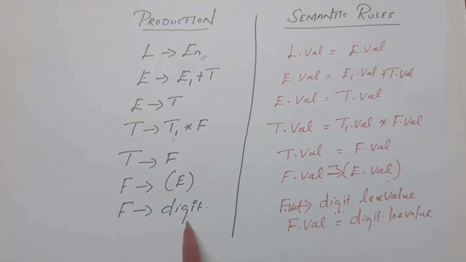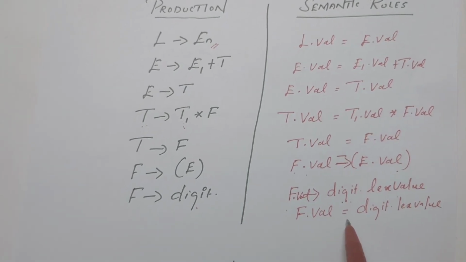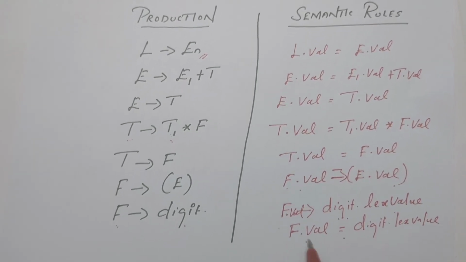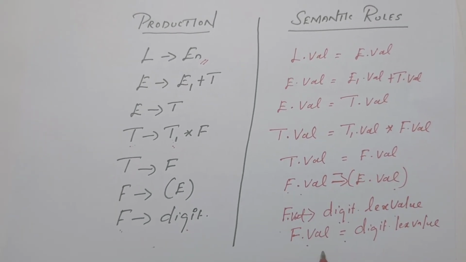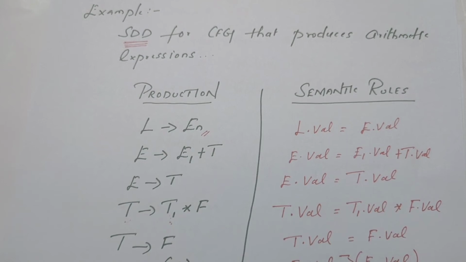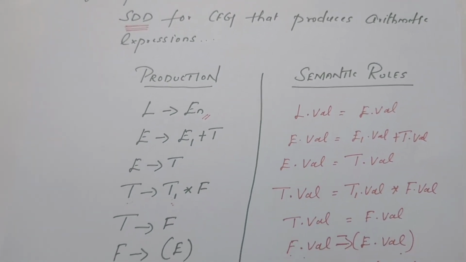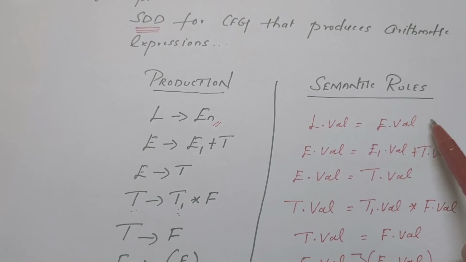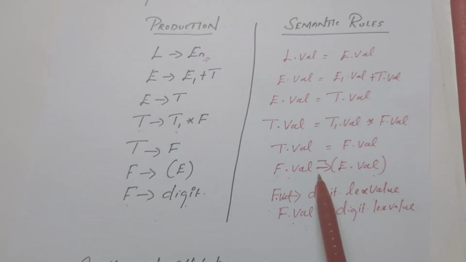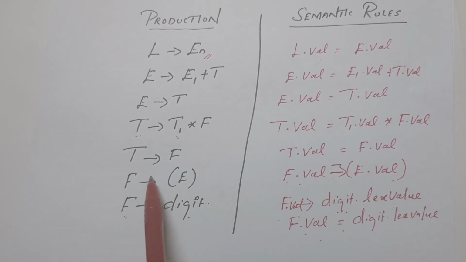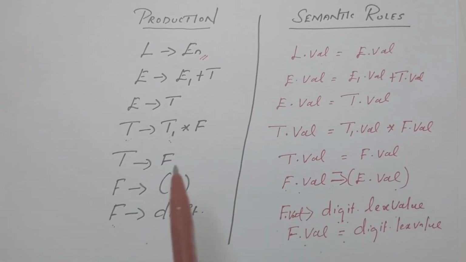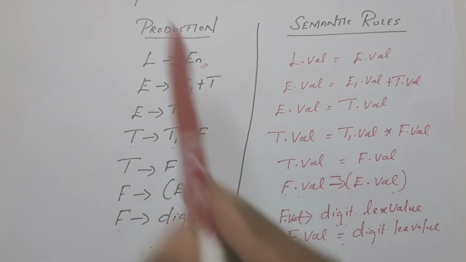Right? So for every production rule there is a rule associated, and for every variable or non-terminal there is an attribute associated. So the context-free grammar plus these rules together is nothing but a syntax-directed definition. Let me repeat once again. We are able to write the semantic rules with the help of the attributes. Every rule is nothing but the translation of the corresponding production rule. Every non-terminal is further explained with the attributes. So context-free grammar plus semantic rules together is SDD.